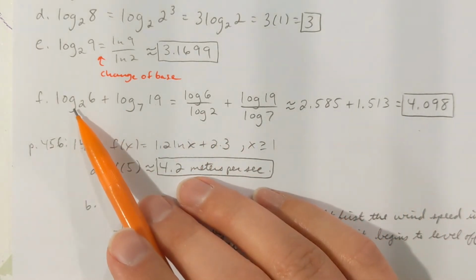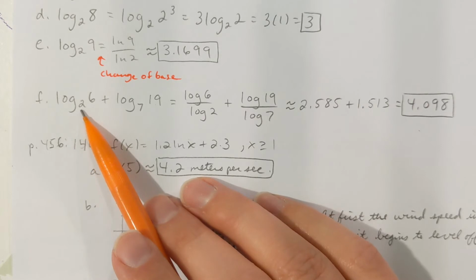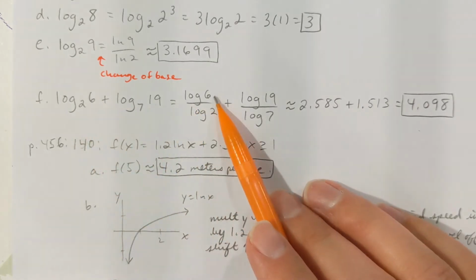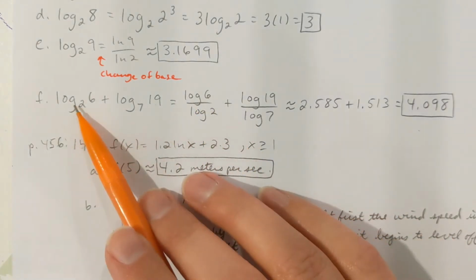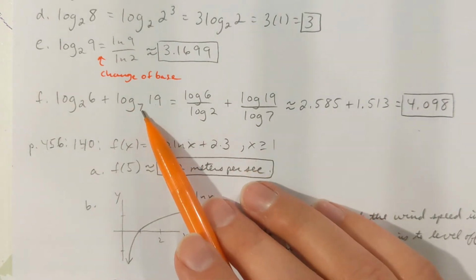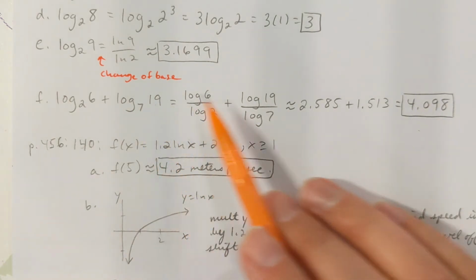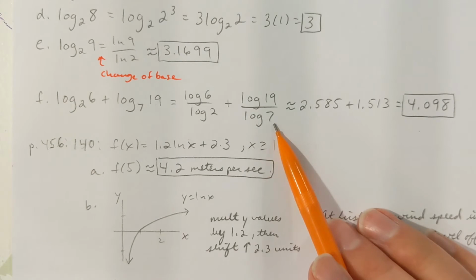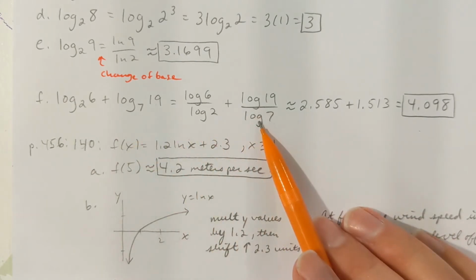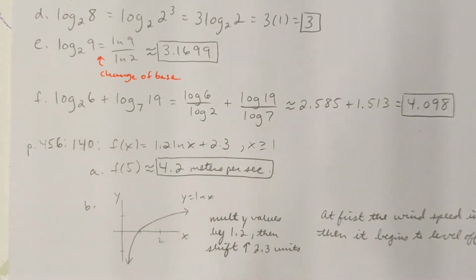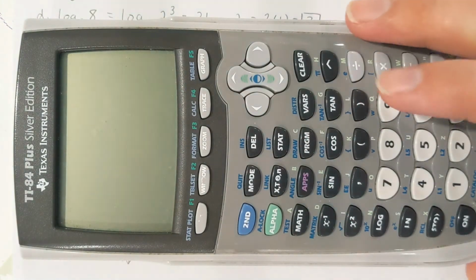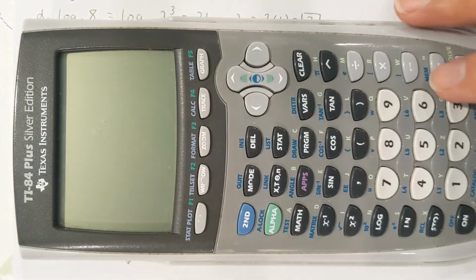So, using the change of base formula, log base 2 of 6 is equal to log of 6 divided by log of 2, 2 is the old base. And then log base 7 of 19 is equal to log of 19 divided by log of 7, 7 is the old base. And so now I can go to the calculator here and just type in